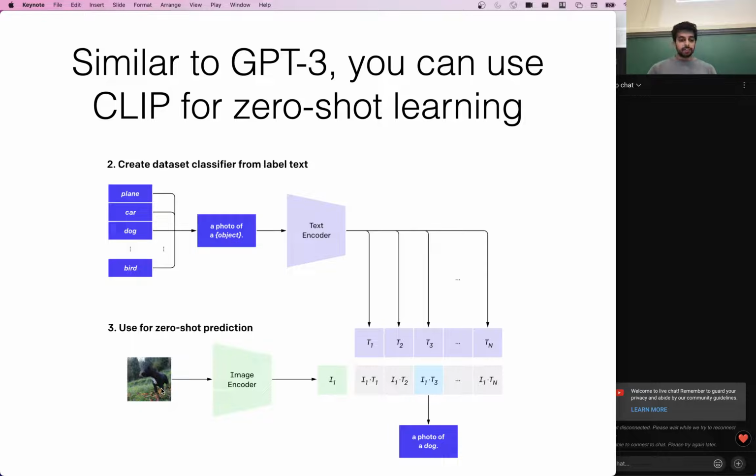And then if you have a new image and you want to classify it into one of these categories, you can simply get the image encoding using your image encoder and then take the dot product with all of the text classes that you've come up with and pick the one that has the highest dot product as the label of this image.